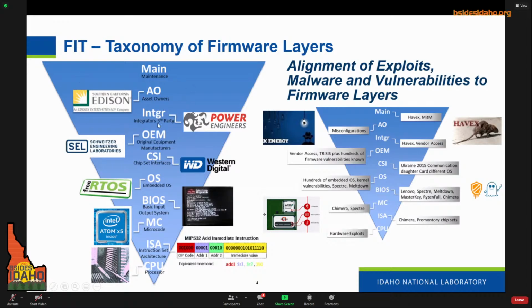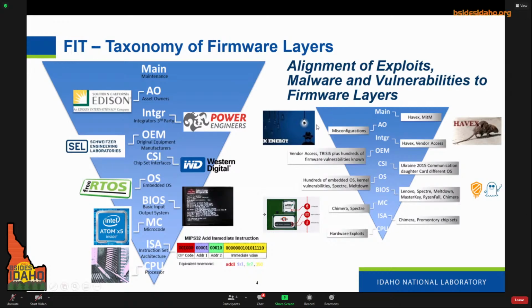You have the asset owners who also make changes to code and regular old maintenance as you go along. So with all these fingers in the pot, all these different sources of code, this is why binary is the ground truth. This is also why our adversaries, as we call it, race to the bottom. They are targeting embedded systems because they know we do not have decent monitoring and detection capabilities on these embedded